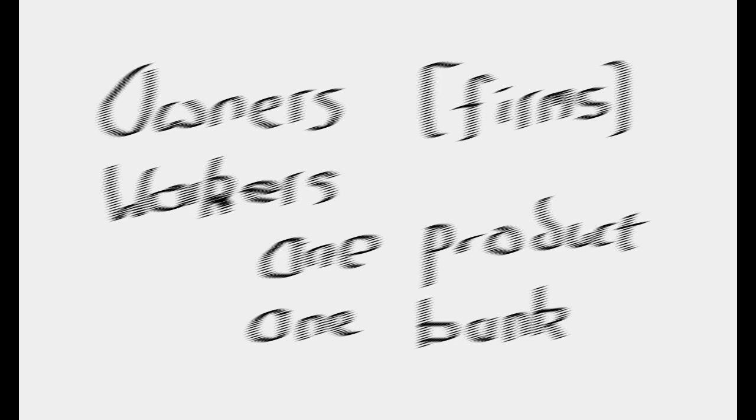So let's just keep our initial model to a very simple sort of economy. It'll only have these minimal elements. One set of workers, one set of firms or the owners of firms, one product being produced, and one bank to deal with money. It's a completely closed economy. You can imagine this, for example, as a sort of desert island with a potato economy.